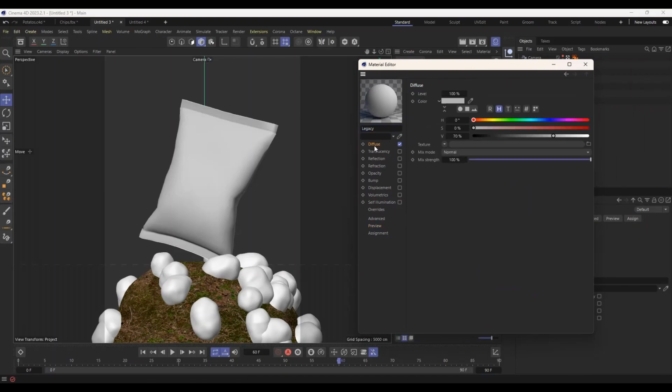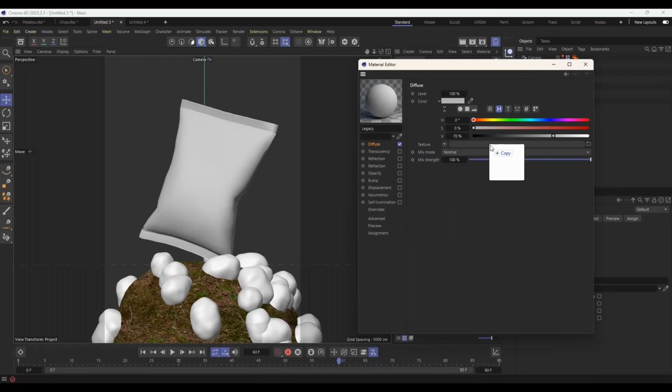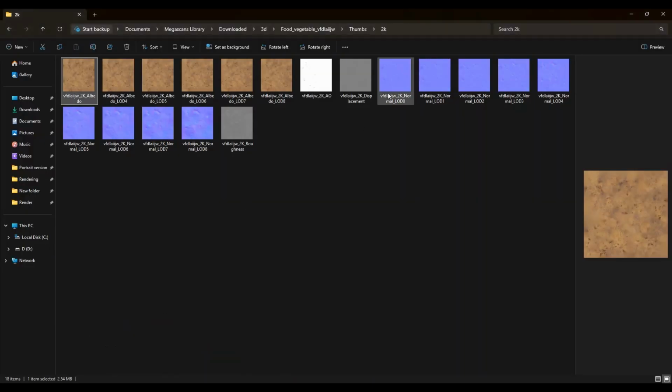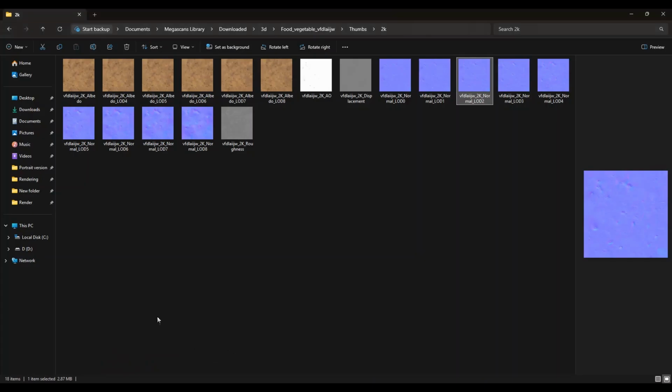And so for the first material, which is diffuse, we are going to drop inside it a diffuse material, which is usually the main image for the material. So click on yes, and then go to bump and come and drop one of these. I don't know which one will work, but it's the same thing, so just drop one of these inside the bump. Then I'll go to displacement and come and drop the next one, which is this,